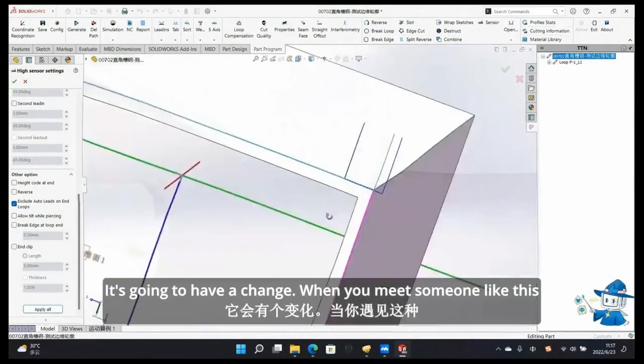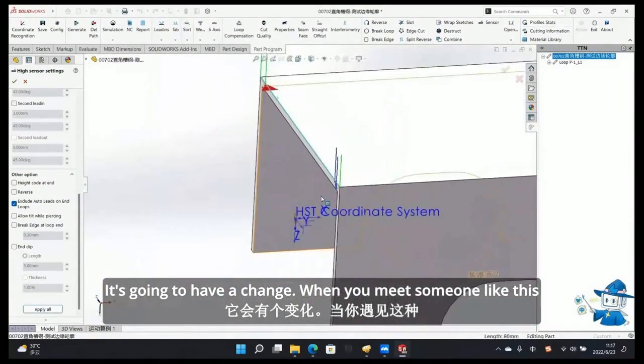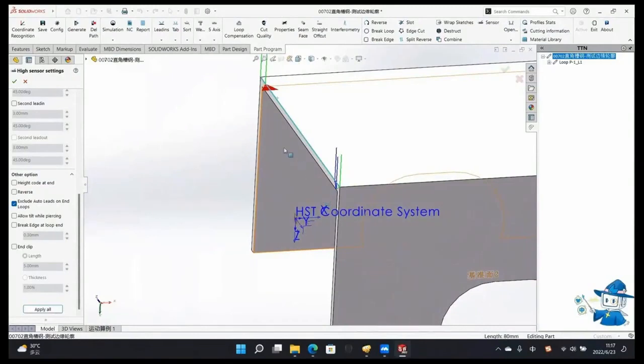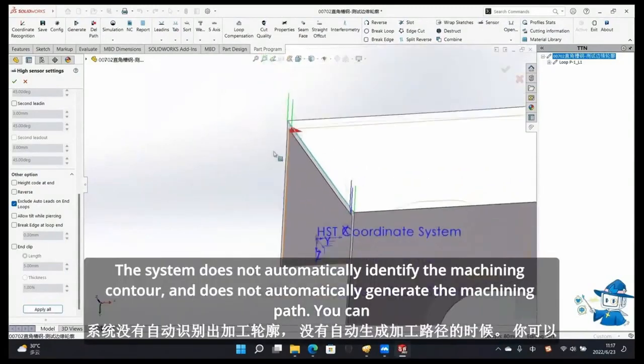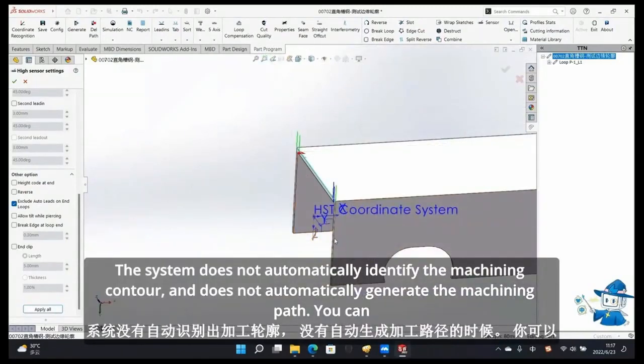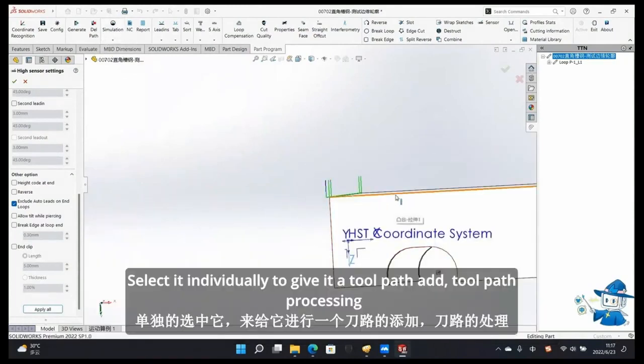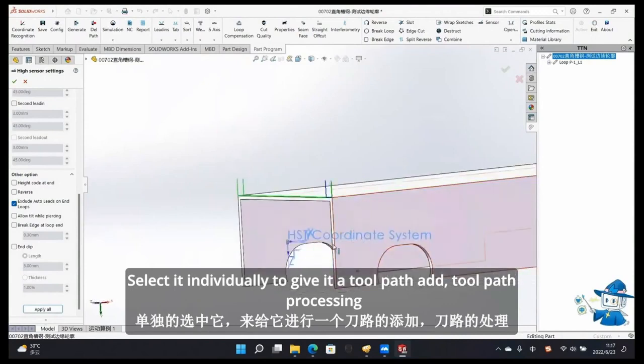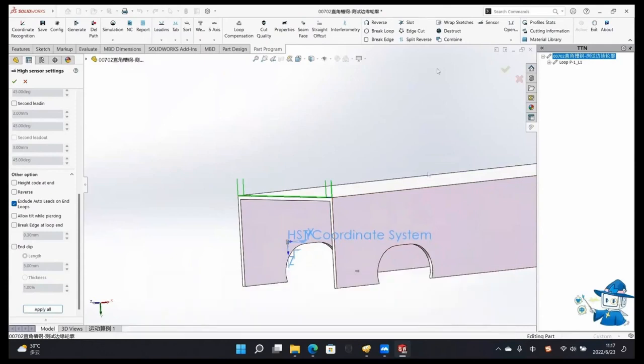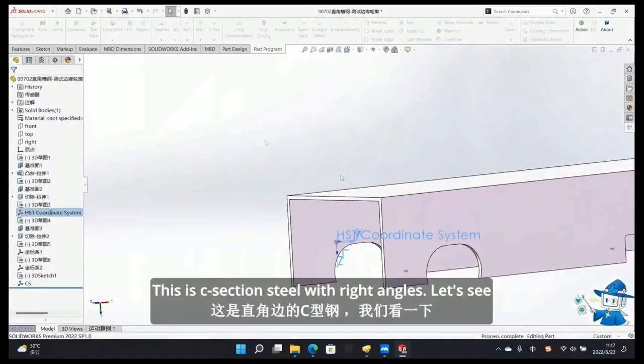It's going to have a change when you meet something like this. The system doesn't automatically identify the machine contour and doesn't automatically generate the machine path. You can select it individually to give it a knife path